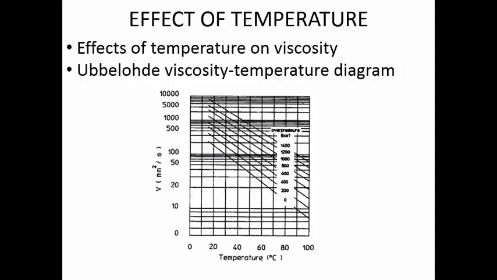Such a representation of viscosity, temperature and pressure is called the Hubbell-Ford viscosity temperature diagram. Based on your operating temperature range, say 40 to 80 degrees centigrade, and the viscosity you want in a particular range, if you have the plots for different hydraulic fluids, it is possible to select a particular oil from this chart. So very easily you can do the selection of the hydraulic fluid. The relationship is actually exponential, but since we are plotting it on a double log graph, we get a graph which is like a straight line.